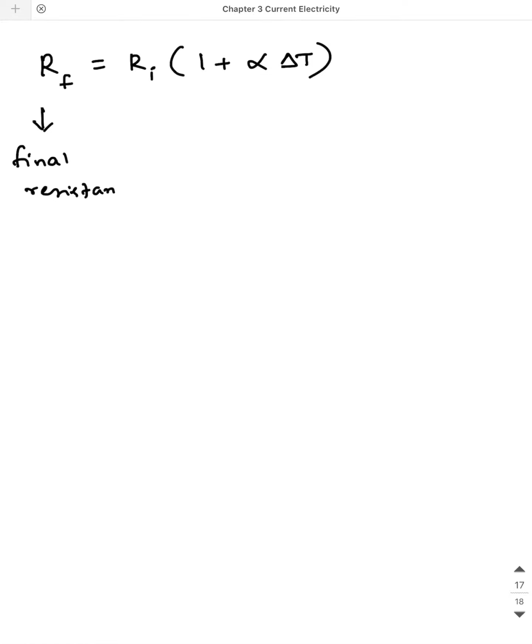Now we will see what is going to be the mathematical expression. How can resistance be written in terms of temperature? So for solid conductors, we can say the final resistance of the conductor is equal to the initial resistance of the conductor into 1 plus alpha into delta T, where R final stands for the final resistance. We need not worry about this derivation, this is the expression, we just need to follow it. And R initial stands for the initial resistance, alpha is called the